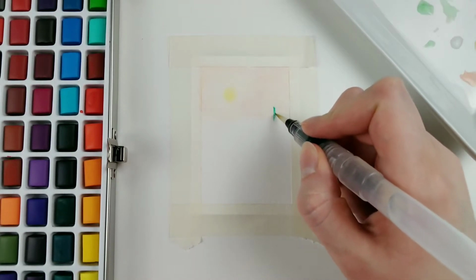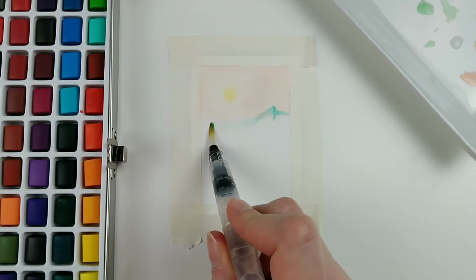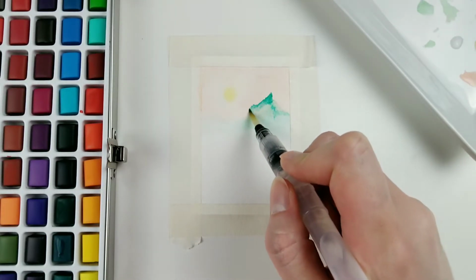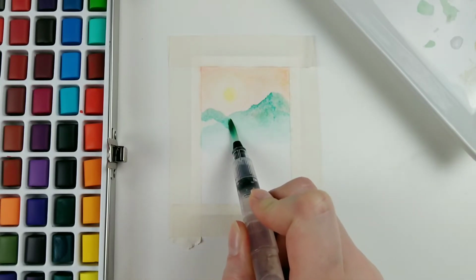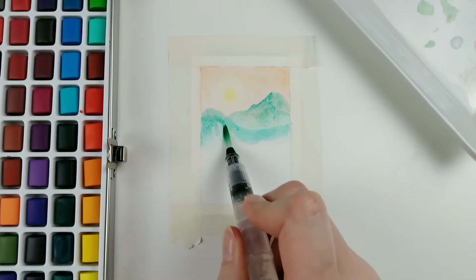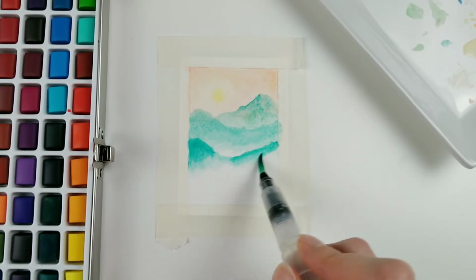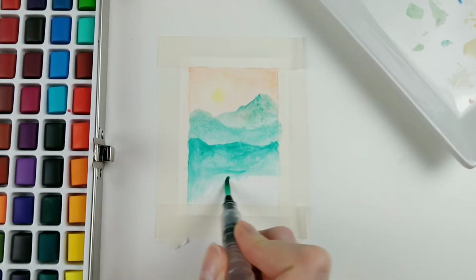Now I also went wrong with the mountains. I kept making the furthest one taller, so I kept creating weird borders within the mountain, which I guess made it look okay, but that wasn't what I was going for. I tried to keep going and just put more layers of mountains in, and it started to just look worse and worse. But I figured I'd just keep going with the plan, so I added a little bit of blue